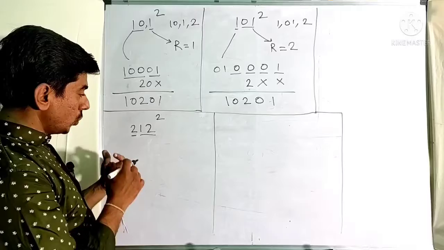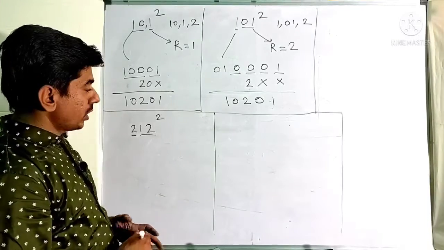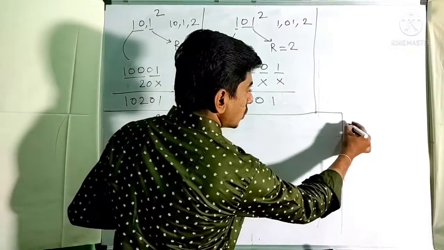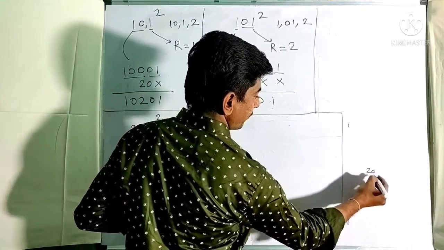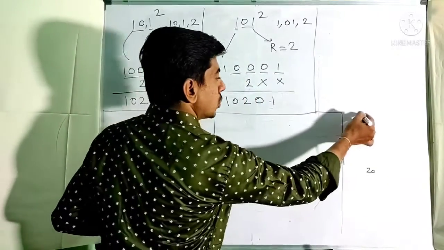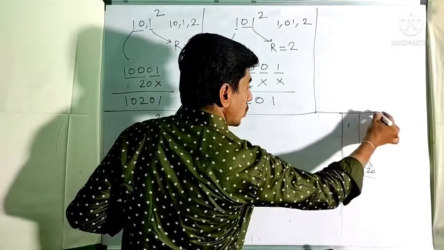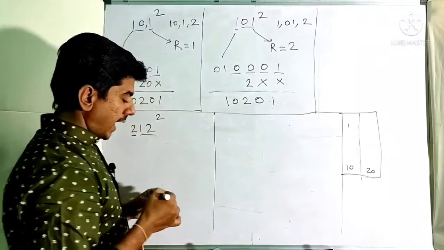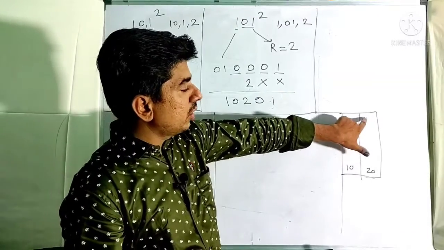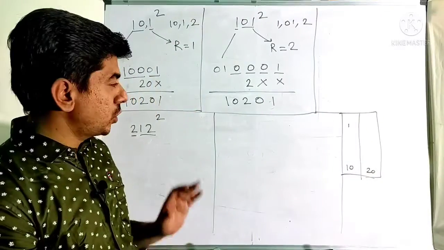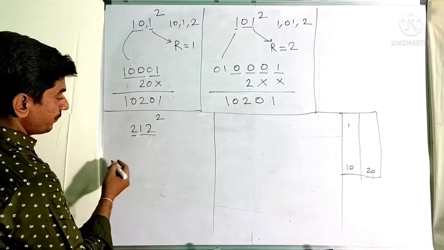If you even don't know the square of 12, then you can use either of the methods, because I know the squares from 1 to 20. It is basics. You should also know, and everyone knows the squares. By guarantee, I may say everyone will know the squares of 1 to 10, but 11 to 20 is also preferable. You should learn it by heart. Okay, now let us solve it.